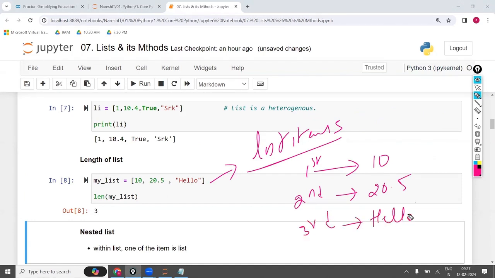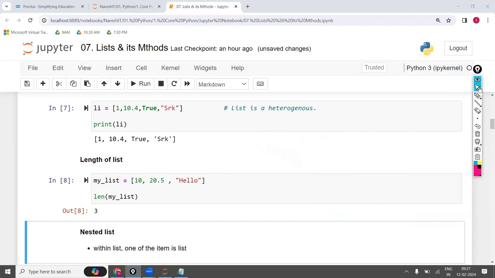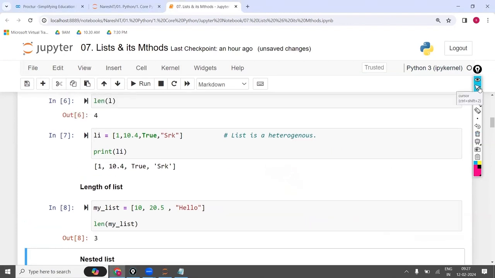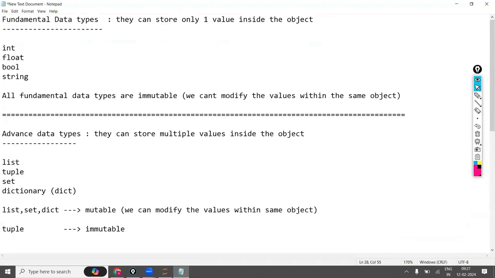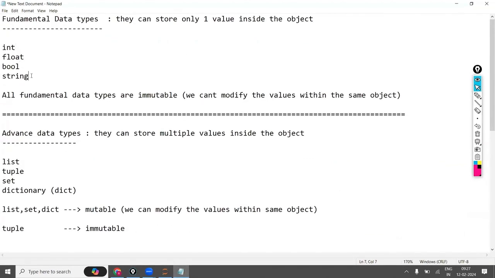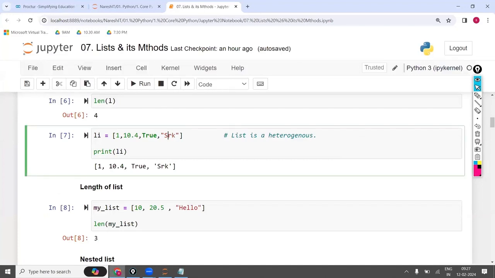Hello is one value; it may consist of multiple characters, but value-wise it is 1. Total 3 items are there. The data types we have discussed so far are int, float, boolean, and string. These 4 data types you can use inside a list.